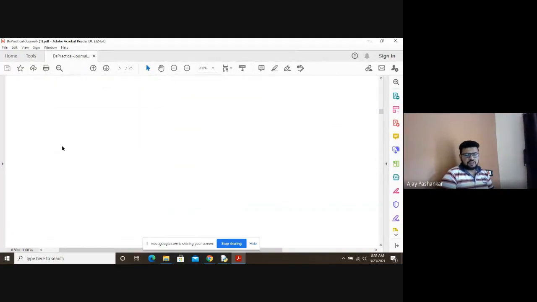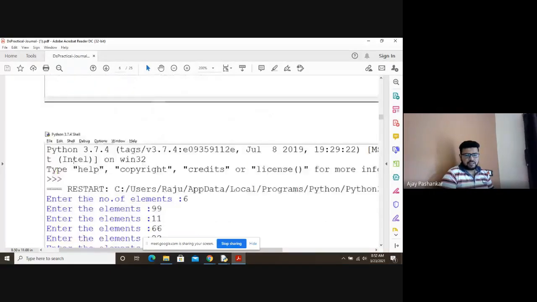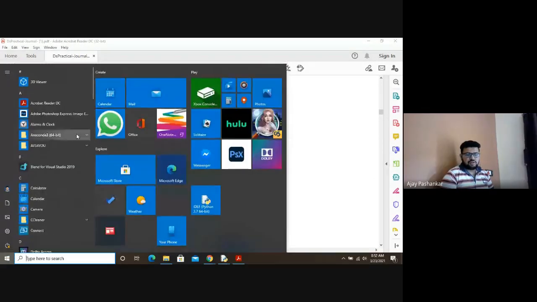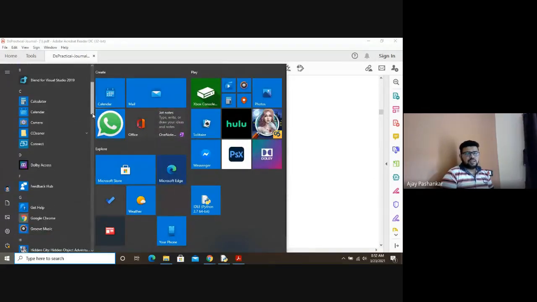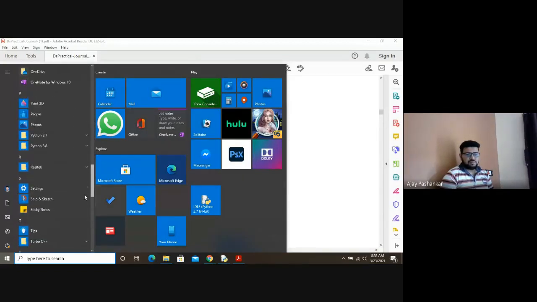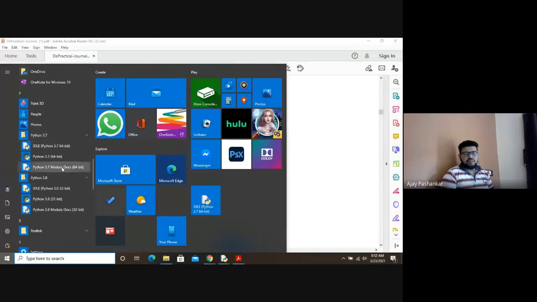We'll be using Python for performing these practicals. On my current machine, I have installed Python 3.7 and 3.8. Both are installed basically, you can just see. I am currently using Python IDLE 64-bit.